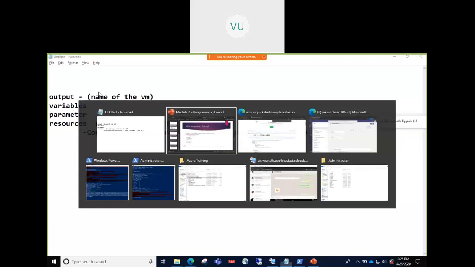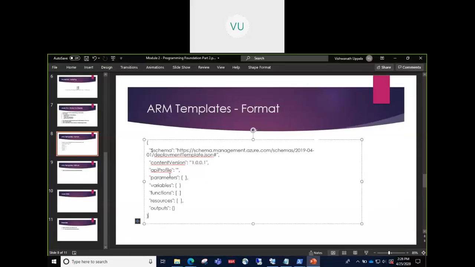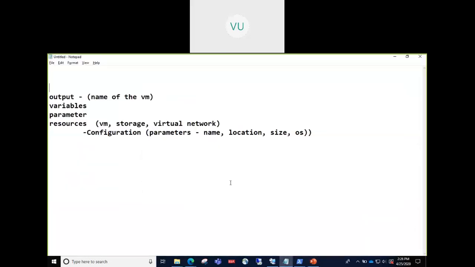Then what else you would need? And there is something called functions. Now, if you have any basic programming language knowledge, the same concept applies here. Functions are reusable pieces of code that you can create once and reuse in different parts of your program or scripts. So a similar thing applies here. If you have any complex, repeatable operations that you perform, you can group that under a function and call that function in different places to get that operation done.